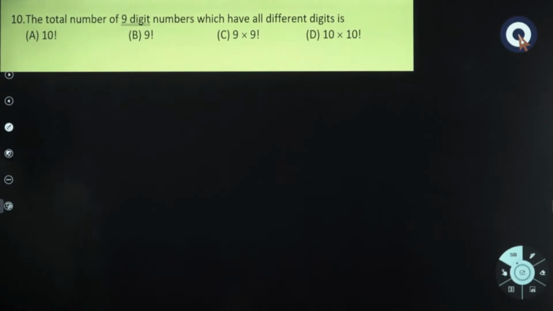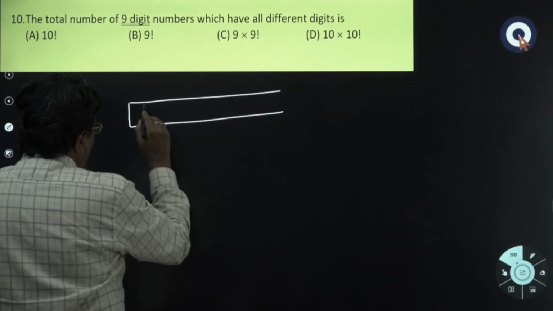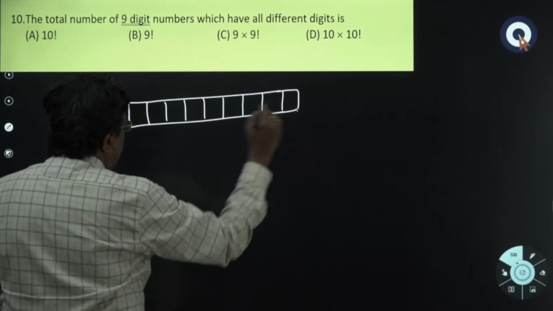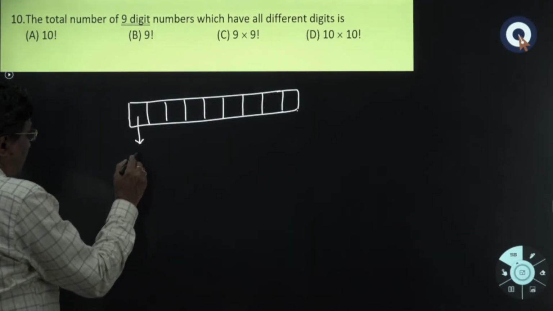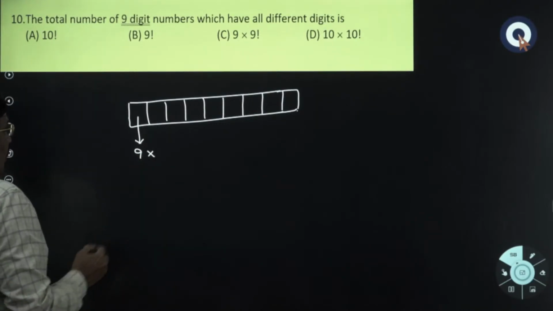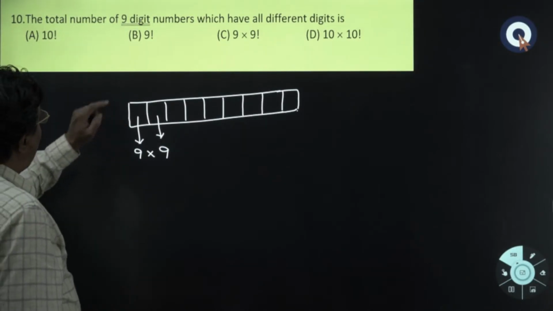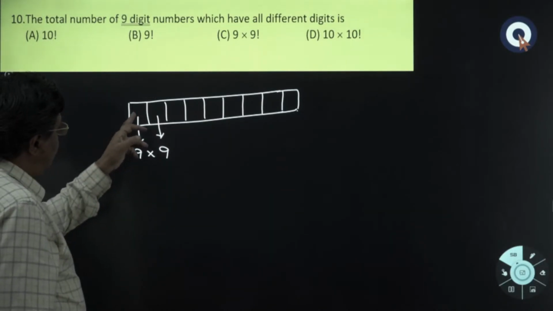The total number of 9-digit numbers which have all different digits. So it's a question of filling up of 9 blank spaces. So 1, 2, 3, 4, 5, 6, 7, 8 and 9. Now it's a question of filling up of 9 blank spaces and which have all different digits. Obviously you can't place 0 here. So the first blank space can be filled in 9 ways. But then the second blank space also can be filled in 9 ways because it should have all different digits. So the digit that has been used here,